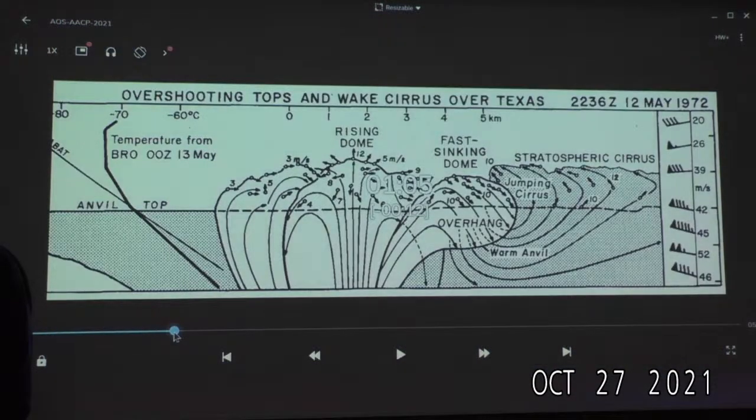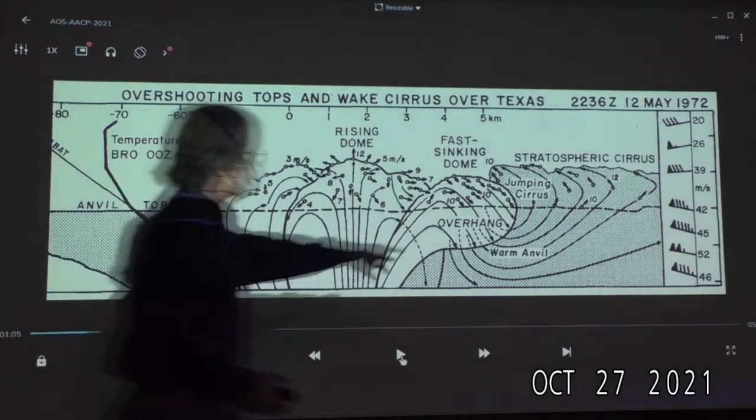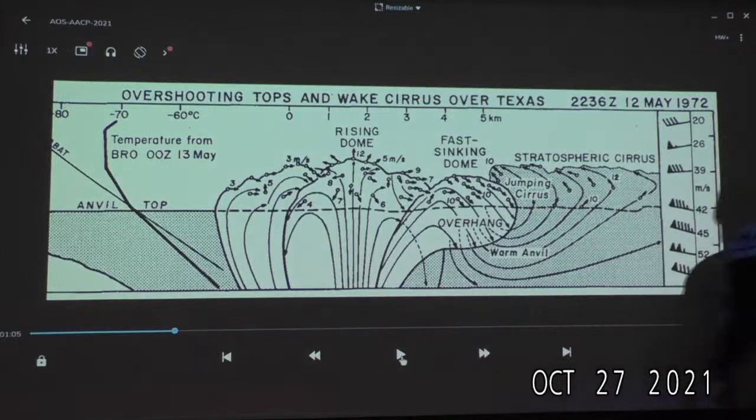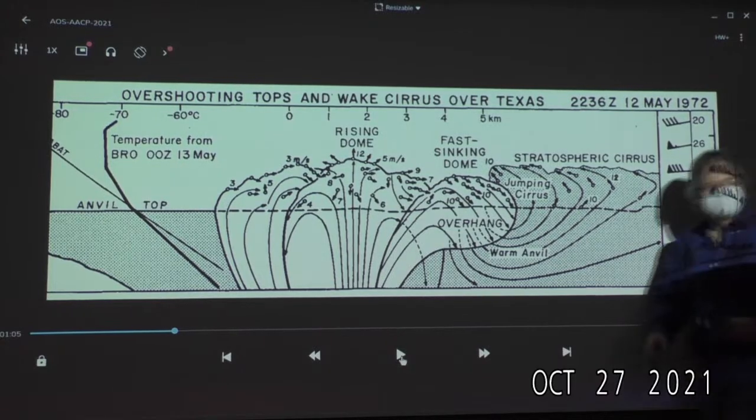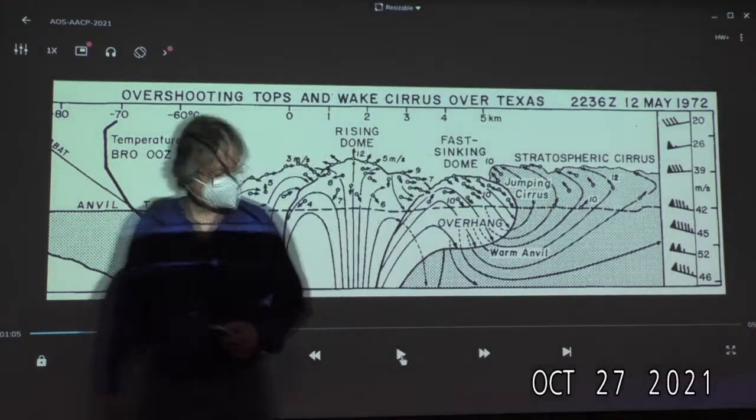And it looks like from... are you talking about, I guess, here, where you have shear that is, the U component is negative? Are you talking about the wind profile over here? Yeah, I looked at this. So if you think of, in a one model, this is kind of the flow backwards, increases upward and it goes up and over a rising dome and then down on the backside, and then there's a jump. But that doesn't seem to be the case here. It looks like it's driven entirely by the storm itself.